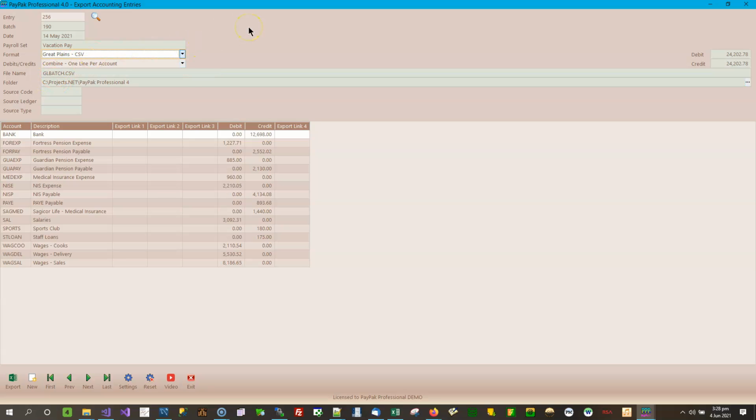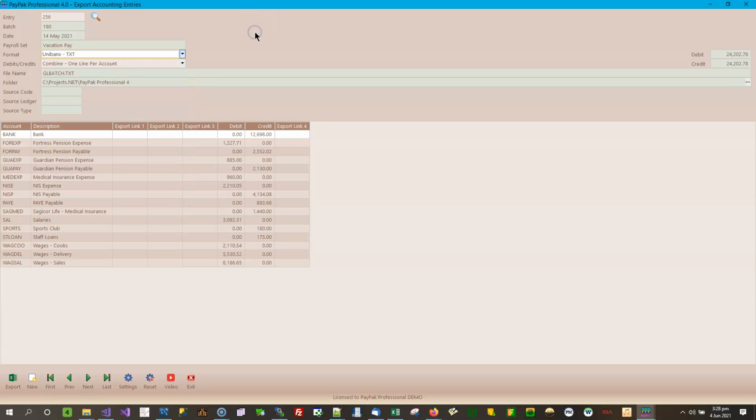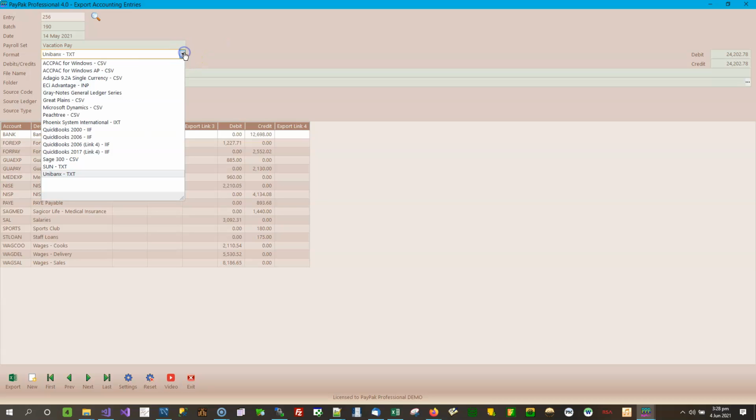The next options are Great Plains, Microsoft Dynamics, Peachtree, Phoenix, QuickBooks. These are all the QuickBooks. They use the same format for the file name. Then the Sage 300 and the Sun, and one called Unibanks, which was off the scroll list just now. I didn't see that. Yes, there's a Unibanks one here in the list. So we are going to go with QuickBooks,